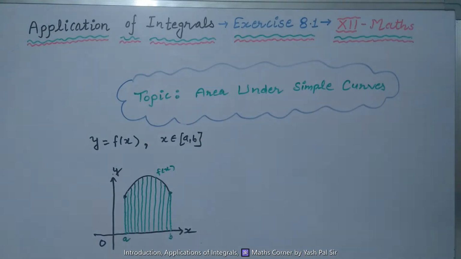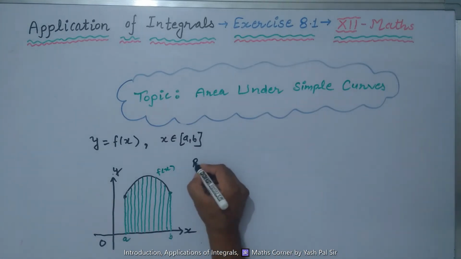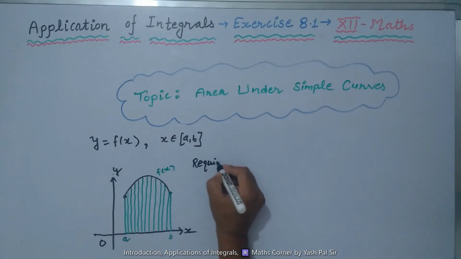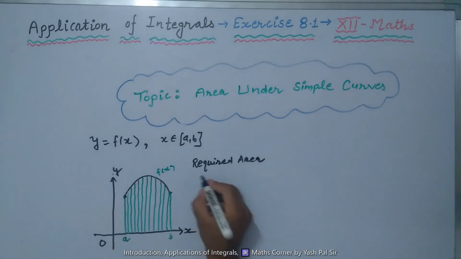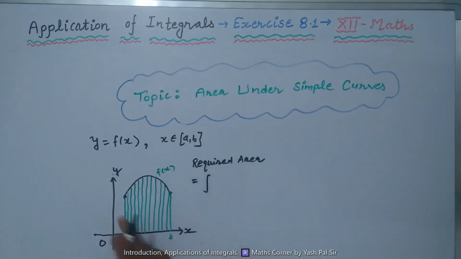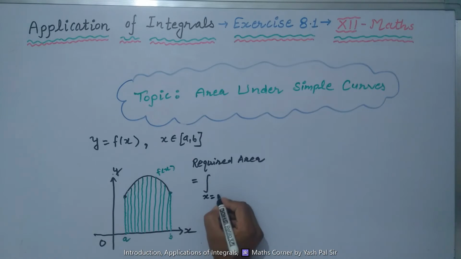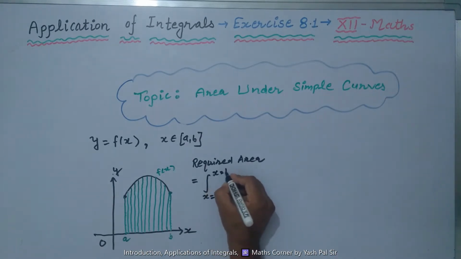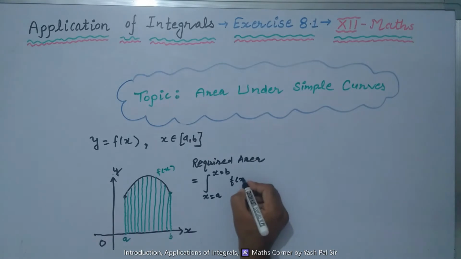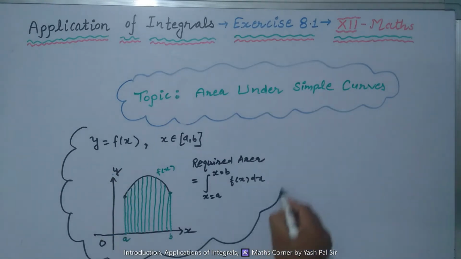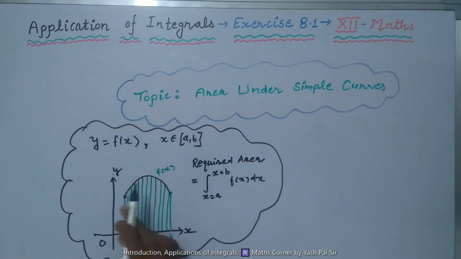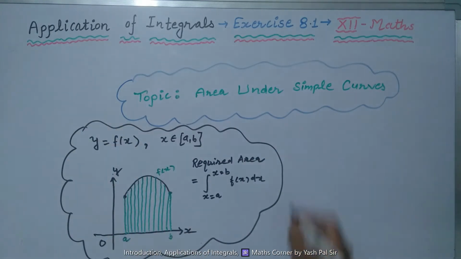The formula is: required area under the curve is equal to the integral from x is equal to a to x is equal to b of f of x dx. This is the way. If we substitute here, we can find the area which is enclosed under the curve f of x. Similarly, if the function is like this,